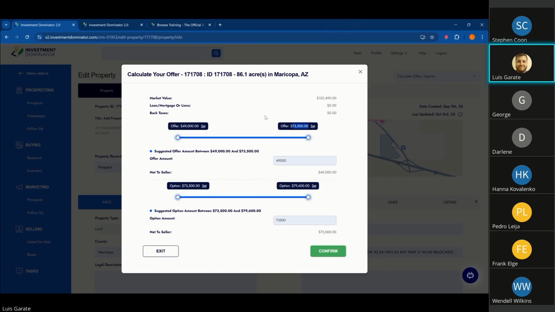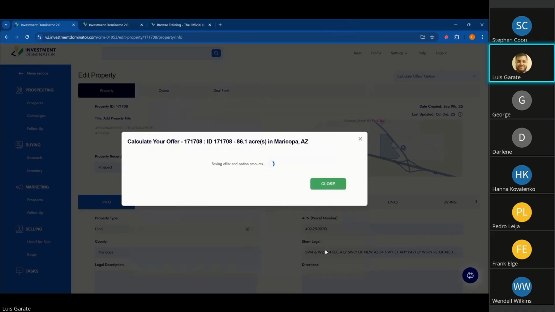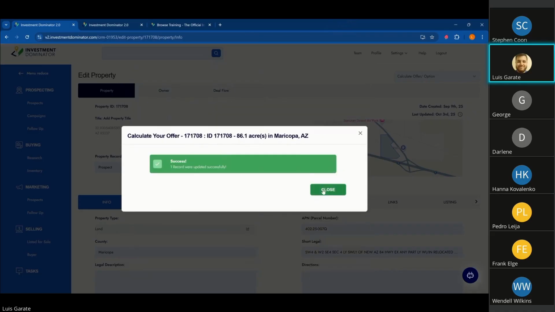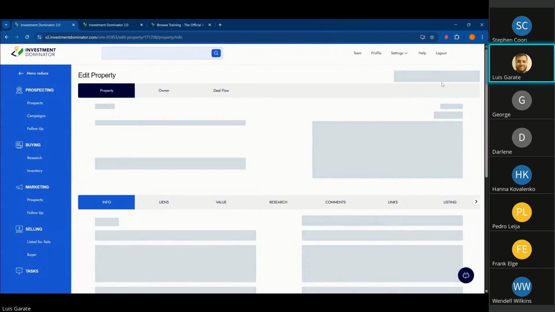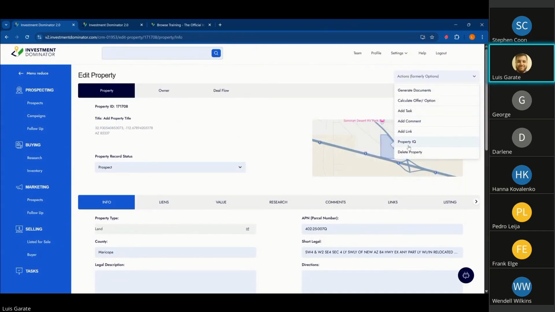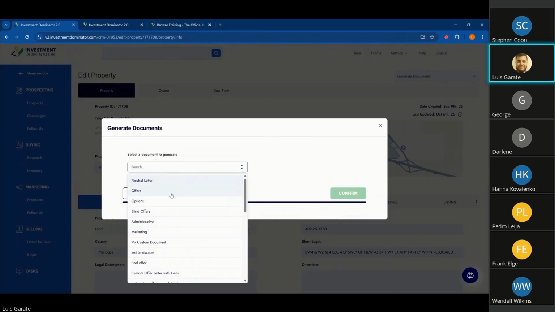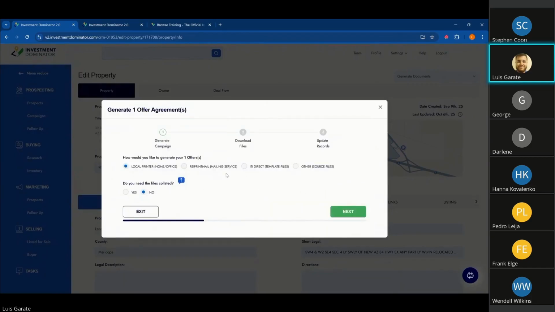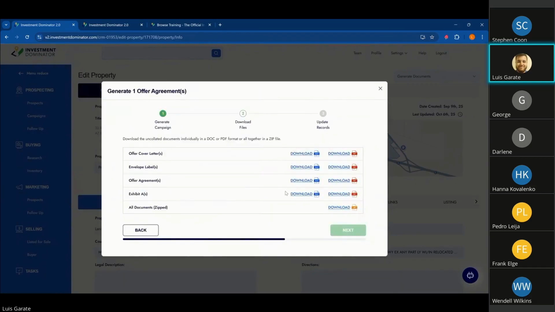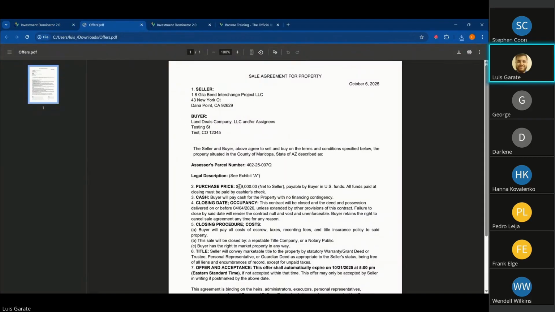So that's why you typically start with the lower end of the offer suggestion, and then you just confirm, and that will set up the offer amount to $49,000, and then you can actually mail the record out. So if I generate the document and then I send the offer, it will say $49,000. So if I just download this offer agreement here, you see how it says $49,000? It's that easy,